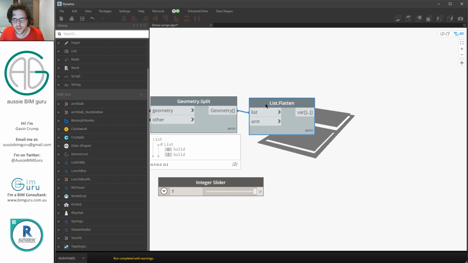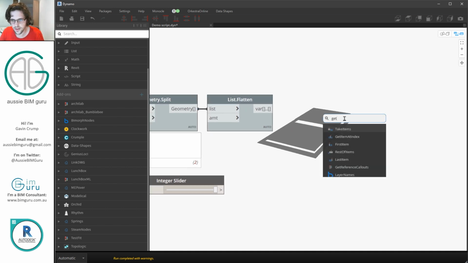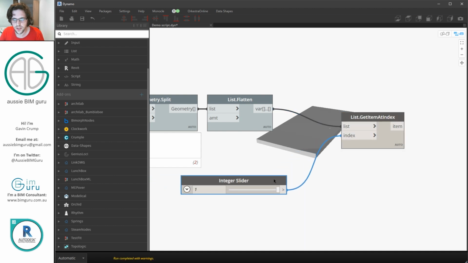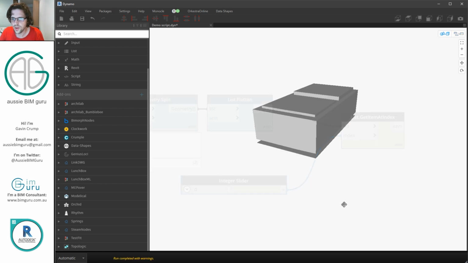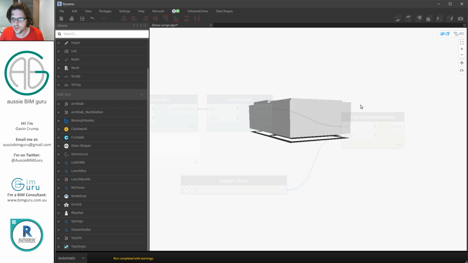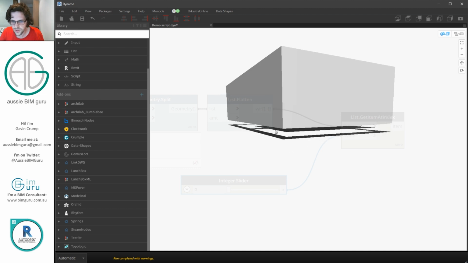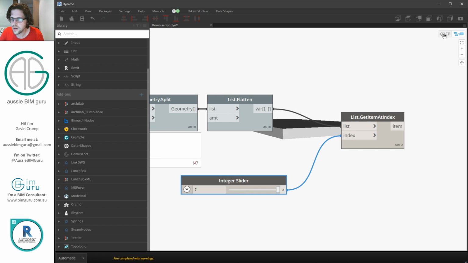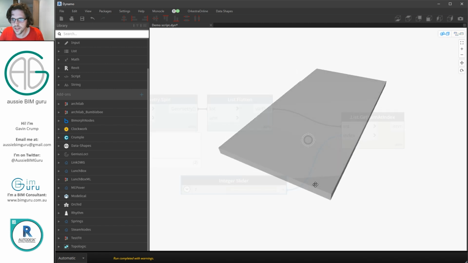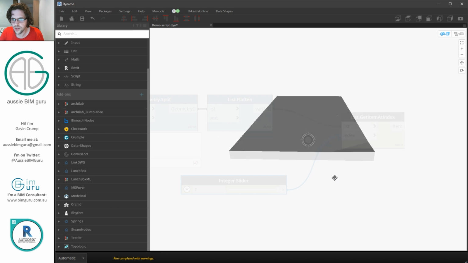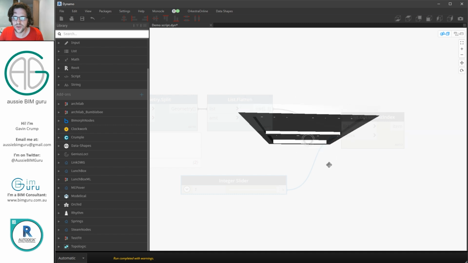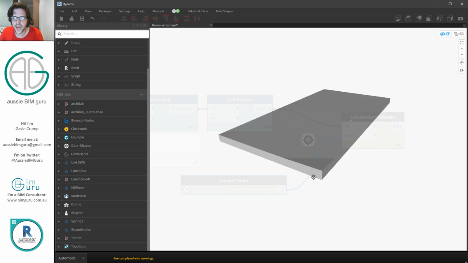So I'm going to make that my list flatten, and then I'm just going to use a get item at index node, and from that list I'm going to retrieve currently the object at index 1, but I can also get the one at index 0 and see what those two results yield. So I can see in this case I get just the very bottom of the surface plus the solid, or in this case I get the solid fill as it intersects with the site topo surface. In this case my topo surface is fairly flat, but otherwise you should expect to get a pretty accurate representation